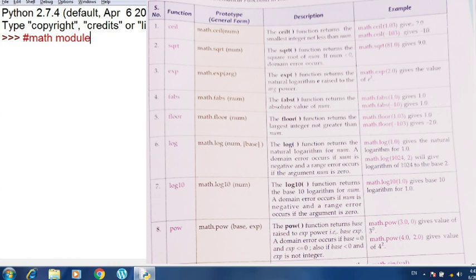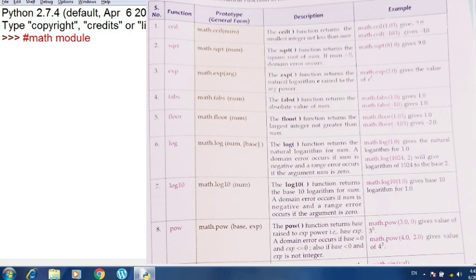To use those functions we only have to import this math module into our program. We don't have to get into the coding of the functions; we can use them by importing the math module, because it is already defined in Python.